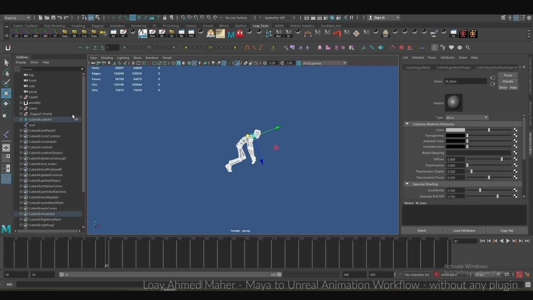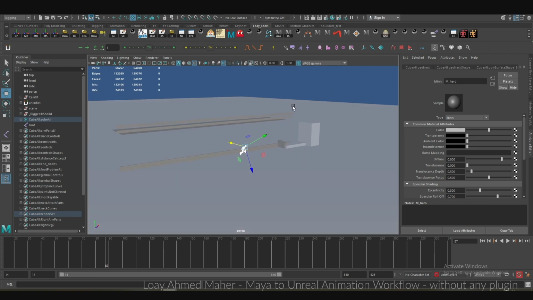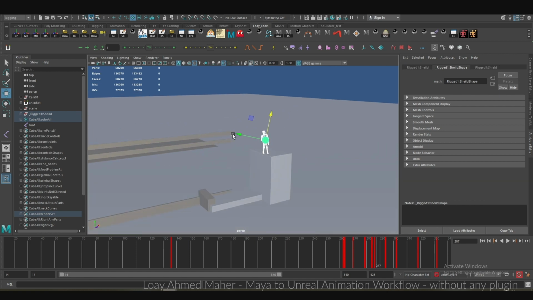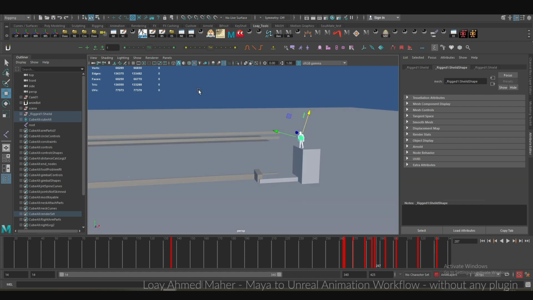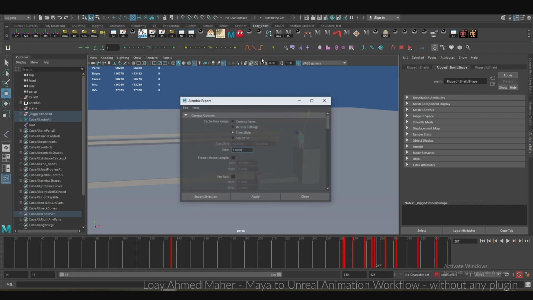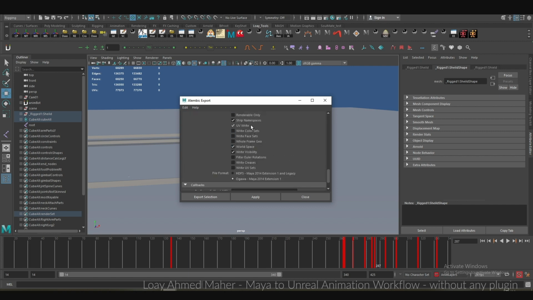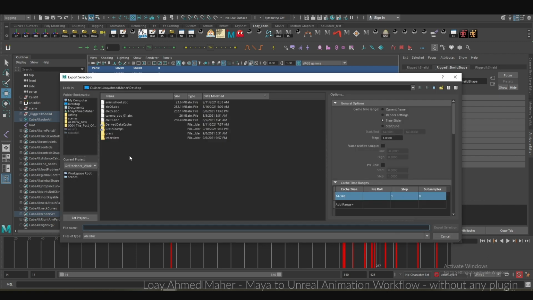We select this visible mesh, and we select our armor, our shield. Okay, and we can go for cache, Alembic cache, export selection to Alembic, time slider from 14, and we can choose write visibility, that's important, and UV write, strip namespaces, world space, and export selection. And we can make it here